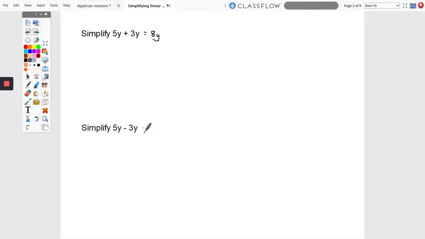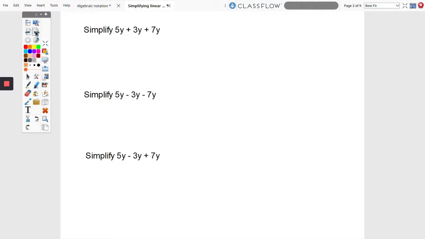Simplify 5y minus 3y. So 5 take away 3 is 2, so 5y take away 3y will give me 2y. So when I only have one variable,